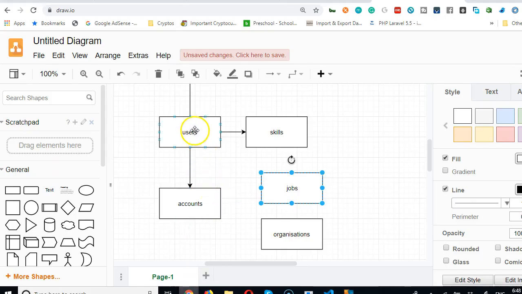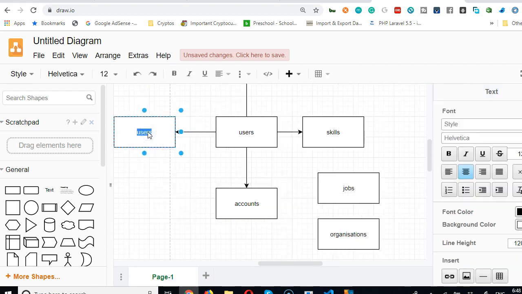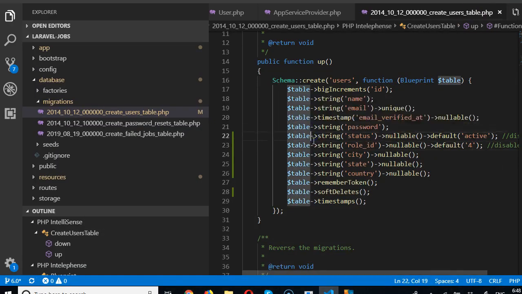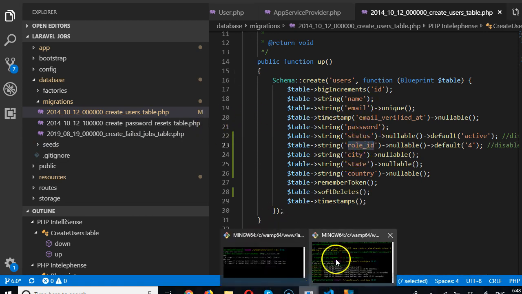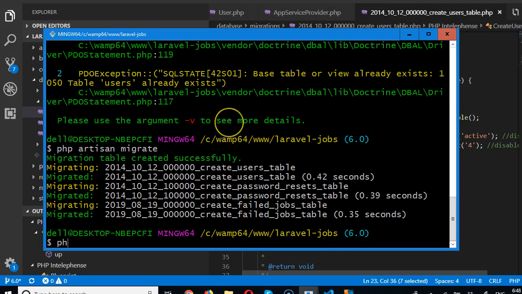From here, we just need a way to keep the user levels, like I explained to you. So we're going to have a table called roles. This roles is going to keep record of admin, user, whatever kind of users we have, moderators and employers and employees, okay, or job seekers. Okay, we're good. So the next thing we have to do is to create another migration for roles table. So to create a migration, you just simply go to your database and do PHP artisan make migration. Then you say create underscore